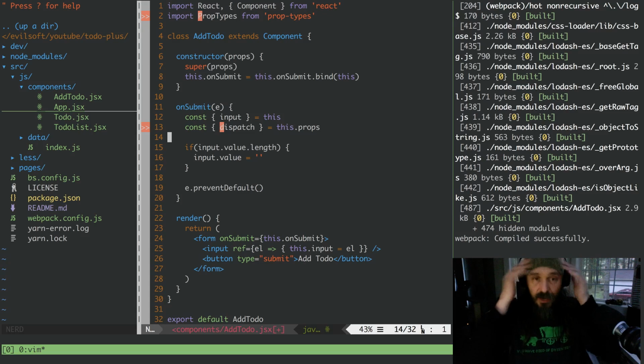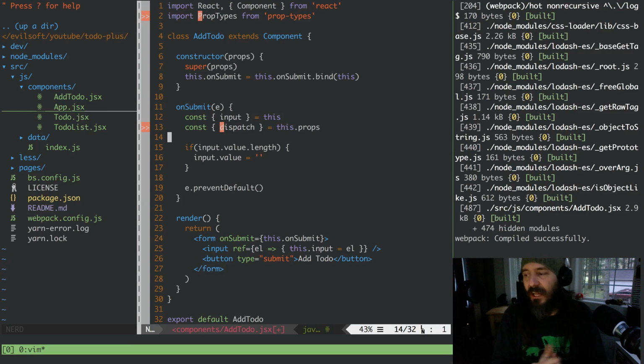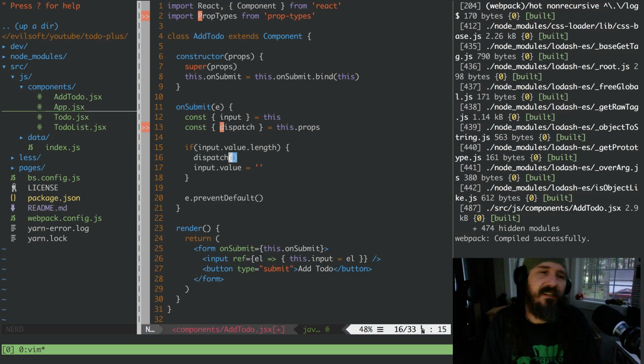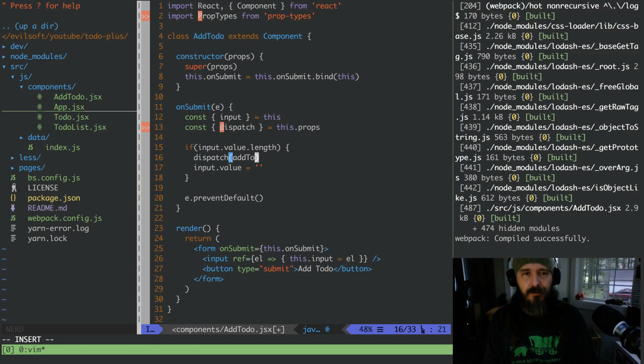And this is going to be a wonderful test because it's going to tell us how our stuff works whenever we don't have an action handler to handle it because we never set up that add to do. So this is a good test for us. Okay, so if everything's good, we want to dispatch. And what do we want to dispatch? We want to dispatch an add to do,